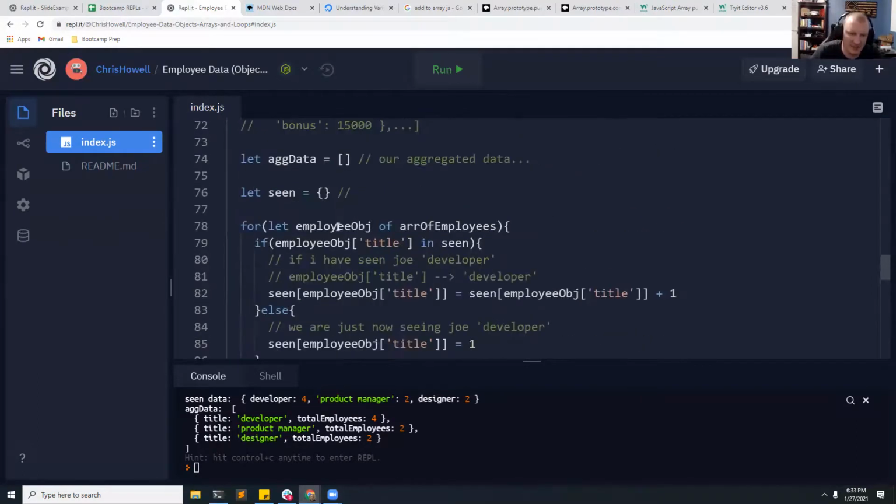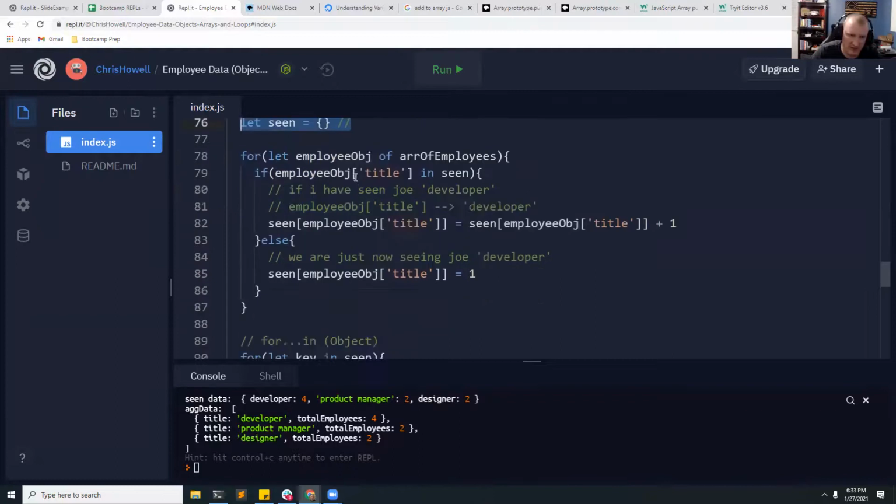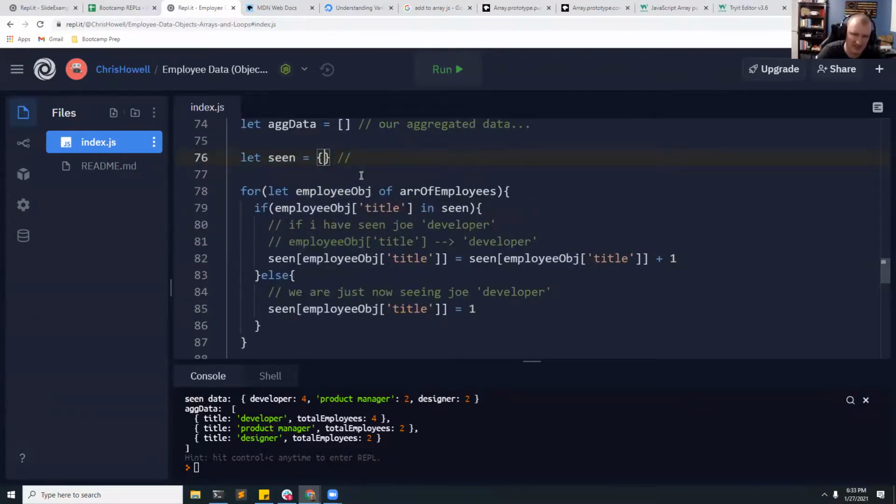So I can't really do it here because I'm looking at an individual employee at a time, and I haven't summed up those values yet. And again, this scene object could probably have a better name, but I could technically say, all right, well, if I'm already counting my developers, I guess I could count